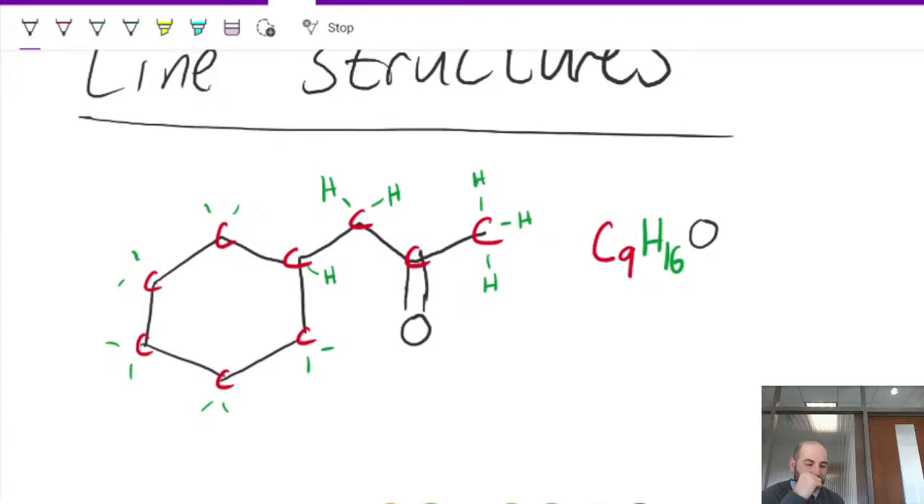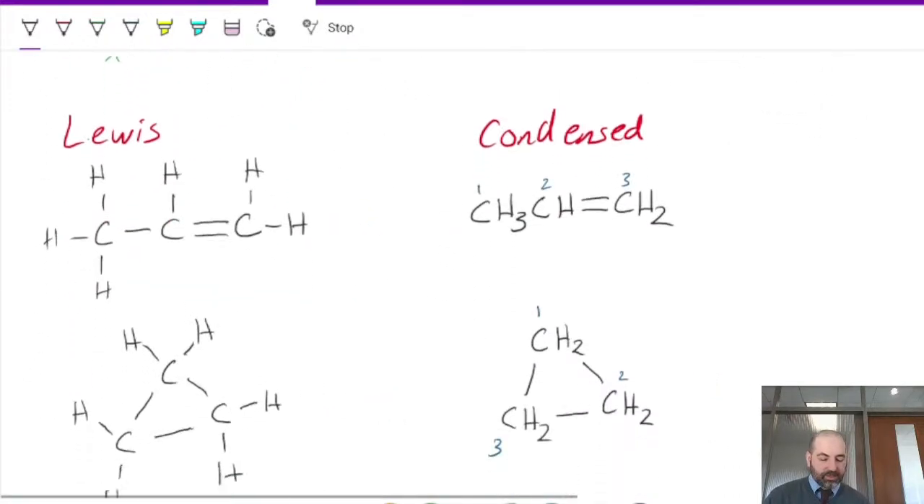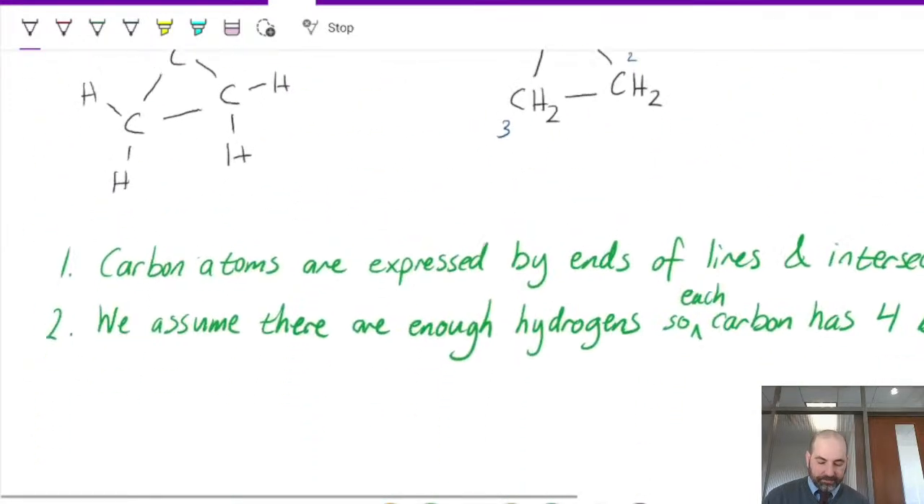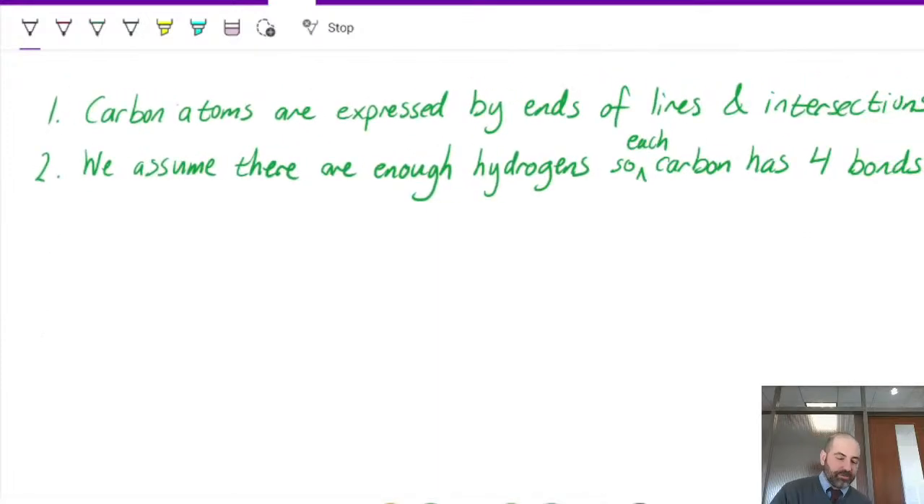In one of the documents linked in the module, there's a whole bunch of these that you can practice and do this exact same thing. That's one way to make sure you can decode line structures and understand what they represent. The other way is, can you draw them? So let's try that. In order to draw them, we need a third rule, which is